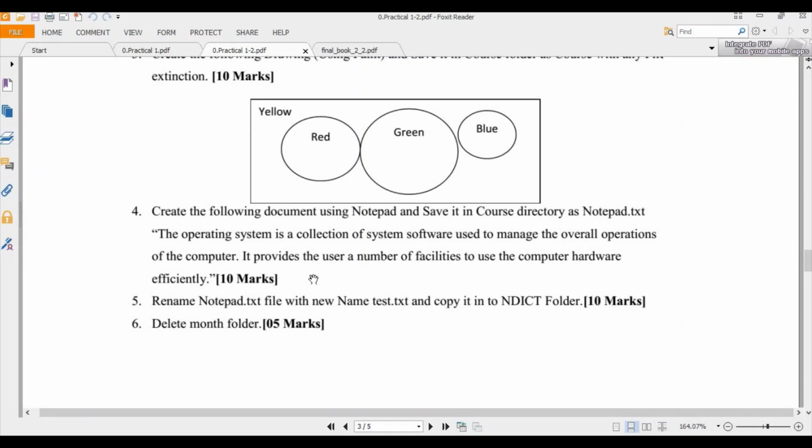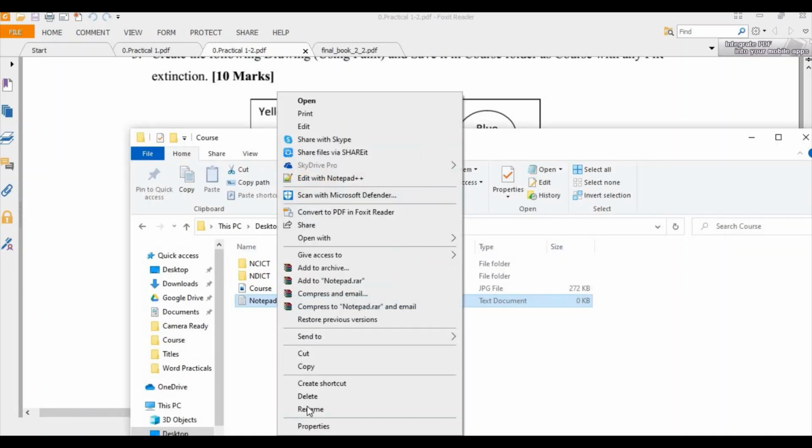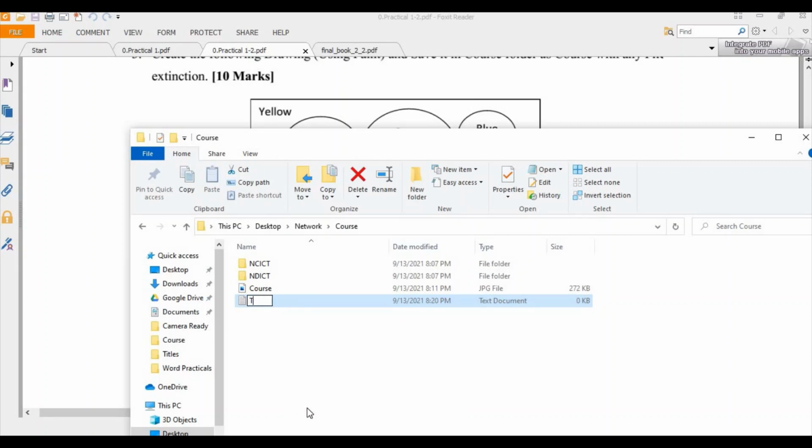Then fifth question, rename the notepad text file with the new name test.txt and copy it into the NDICT folder. So here I want to rename it, rename, test.